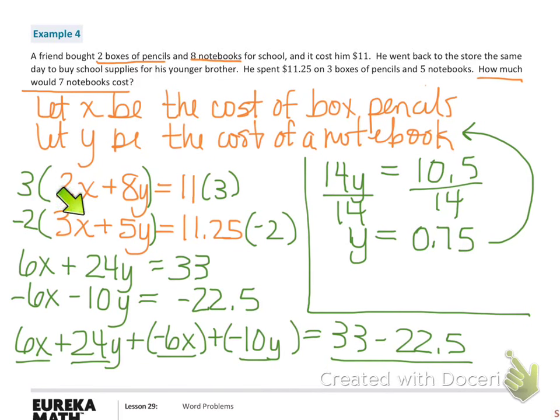And then I could check it in the next equation to make sure that it's correct. So that's an important step to do, and it's one that I'm going to skip right now. I'll let you do that. You could find out the cost of a box of pencils, even though we don't need to know that to actually answer the question, and then you can check your answer. Okay, so